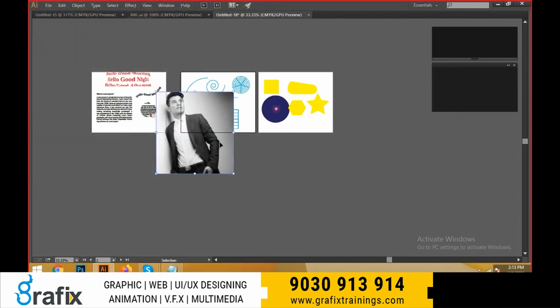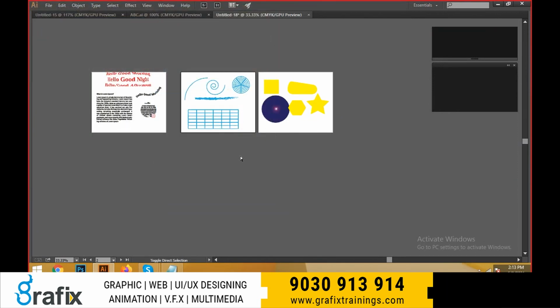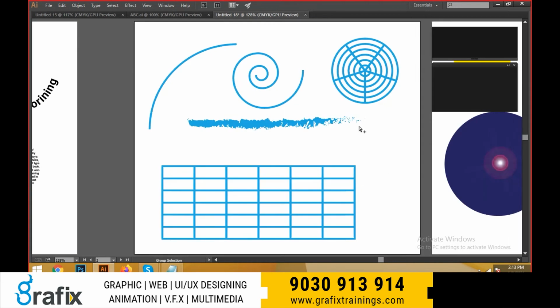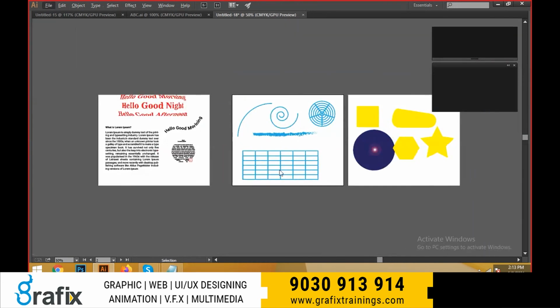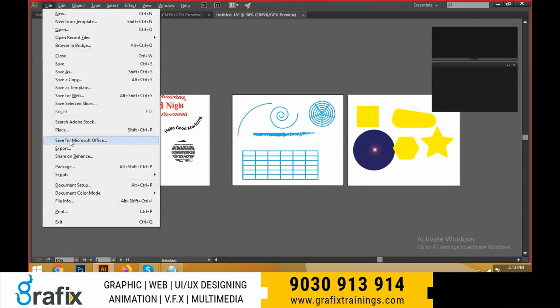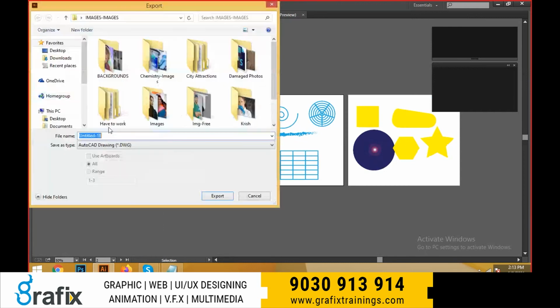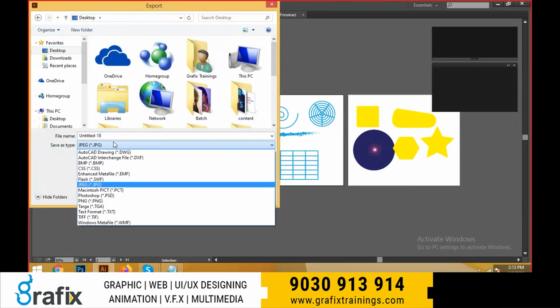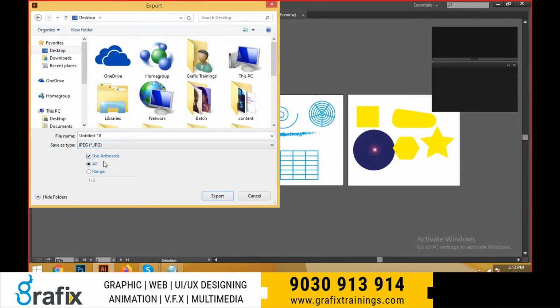Export. Suppose if you delete this one, how many documents do we have? We have so many artboards, 1, 2, 3. I would like to give all artboards: File, Export, desktop, and make it into the JPG format, and use artboards. Otherwise, if you need only the second artboard, remove the all and keep the range.